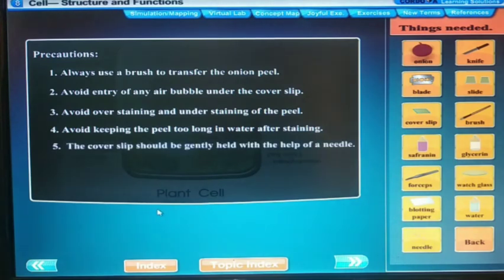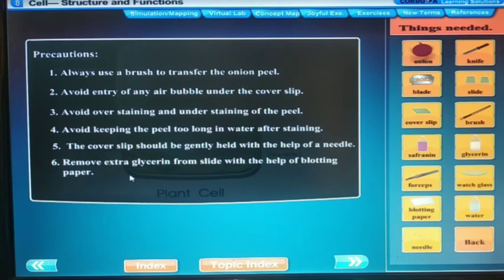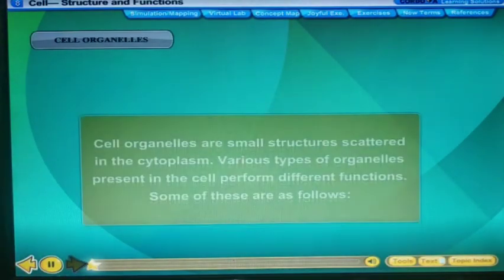5. The cover slip should be gently held with the help of a needle. 6. Remove extra glycerin from the slide with the help of a blotting paper. 7. Always mount the specimen in the center of the slide. Cell organelles. Cell organelles are